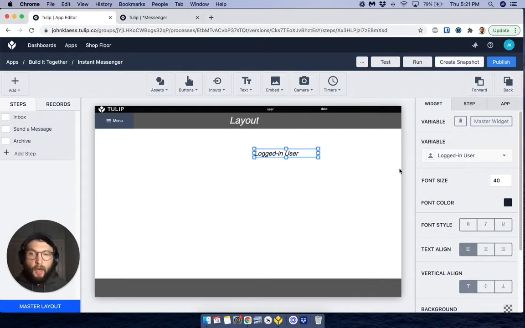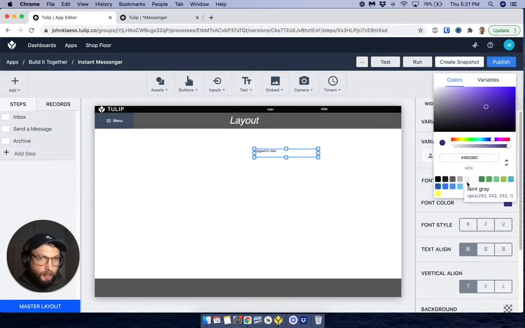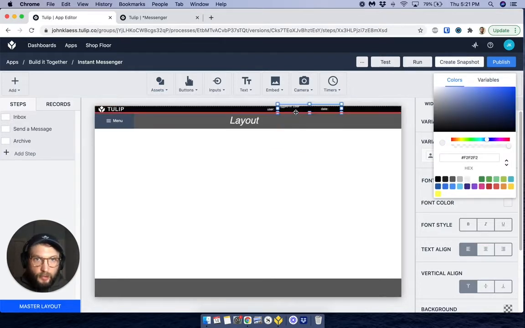I've chosen a variable that comes standard with Tulip that works on app metadata. When you're logged into an application, the application is going to read your particular user identity, and we can access that information through the logged in user information over here. So we'll just follow our styling from the other one. We'll make that white instead of purple, drop that up here, and the next thing we'll do is